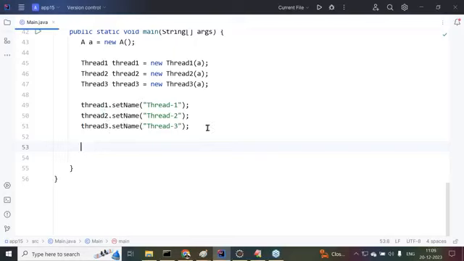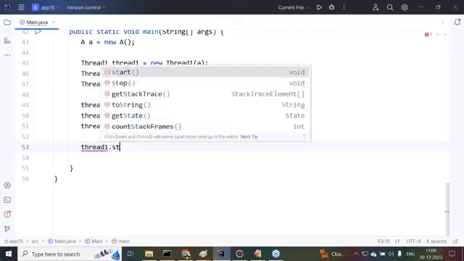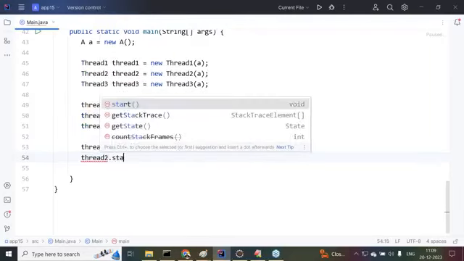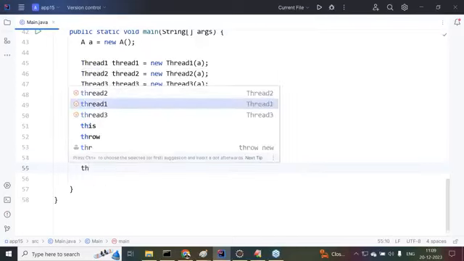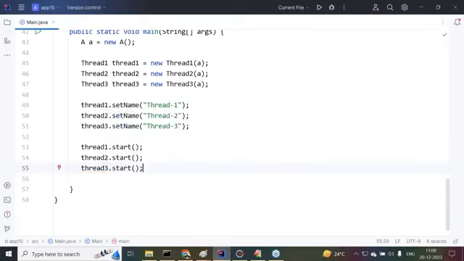After providing all the names to all three threads, next I have to start all three threads. Thread 1 dot start method, thread 2 dot start method, thread 3 dot start method. Even though we started one after another, at a time all three threads will come to the respective m1 method, where the lock manager will allow only one thread at a time by assigning a lock. Once the thread execution is completed inside the synchronized method, it will submit that lock back to the lock manager. The lock manager will assign that lock to some other thread.